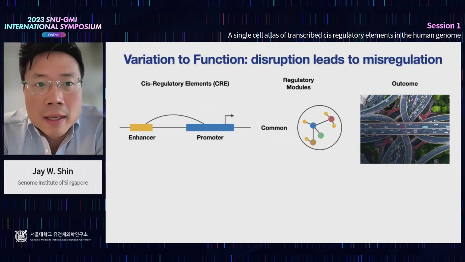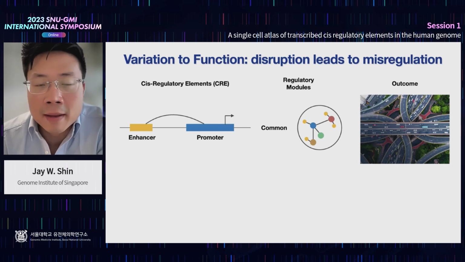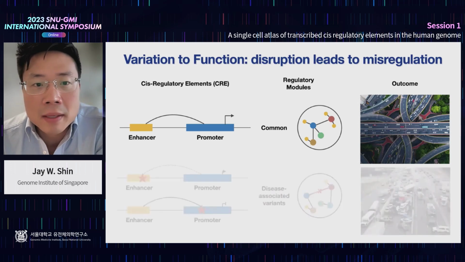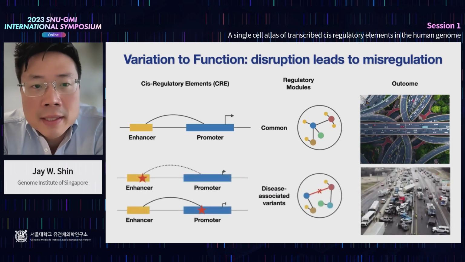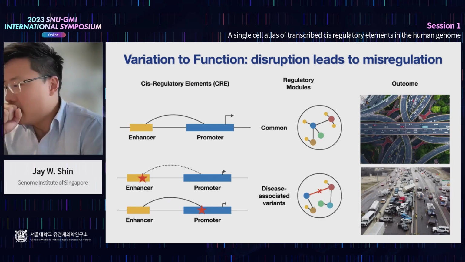So fundamentally, our lab is interested in looking at promoter and enhancer interactions, and we call these cis regulatory elements. And if they are in harmony and they are working as it should, we expect a regulatory network to form to provide a homeostatic, healthy outcome. But once you have these mutations or SNPs in the regulatory regions, such as enhancers or promoters, these interactions can be disrupted, which can lead to unwanted